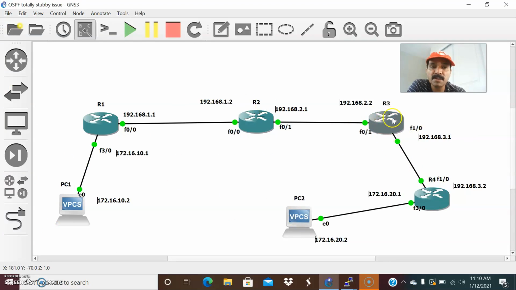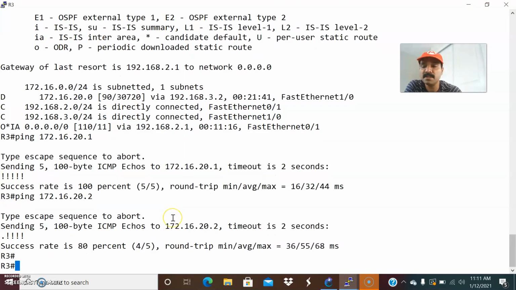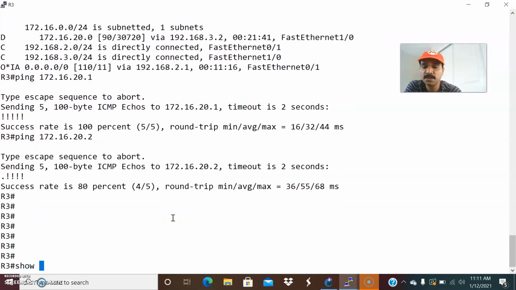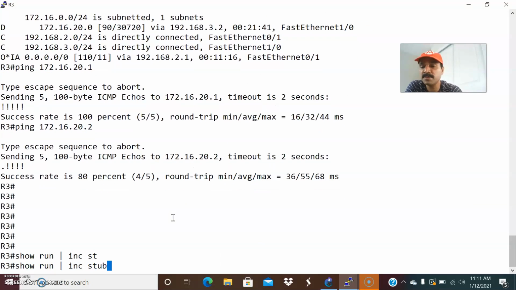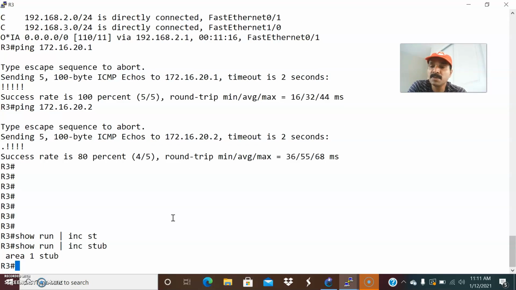This R3 is a border router. Here I configured the redistribution from this EIGRP domain to the OSPF domain; R3 does the redistribution. So there may be a redistribution issue or some other issue, and we need to go and fix it. Let us go to R2 and R3. Let us go to R3 and check. Show run. You also have to check for stub and totally stubby. Sometimes that will also block the external routes, right? So stub is blocking, and we need to remove the stub configuration.